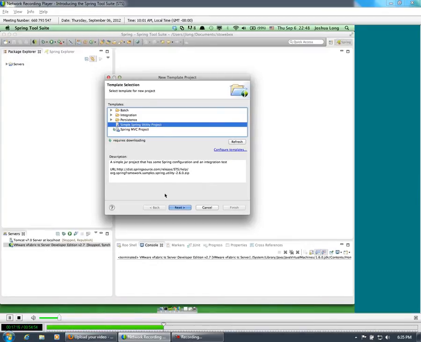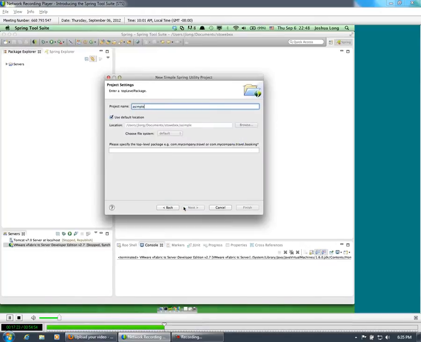I'm going to choose Simple Spring Utility Project, hit Next, and specify a project name, so a simple Spring Utility Project, STS example set utility. Hit Finish,